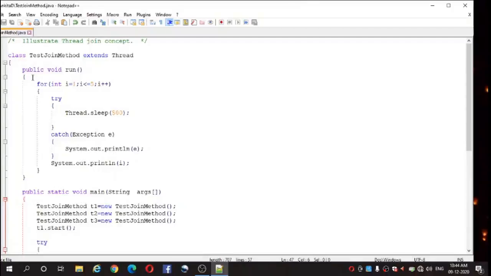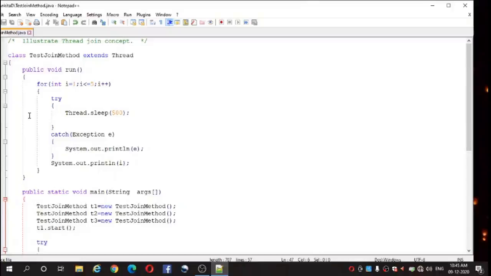Inside the class we have one method. The method name is public void run. The extending class must override the run method, which is the entry point of the new thread. Inside the run method we have a for loop: int i equal to 1, i less than or equal to 5, i plus plus.